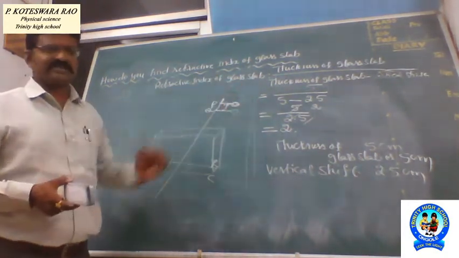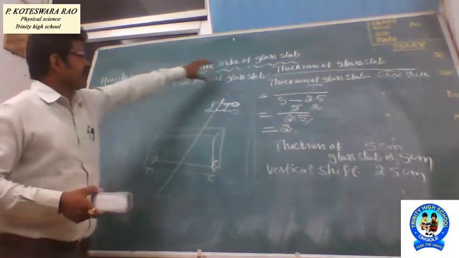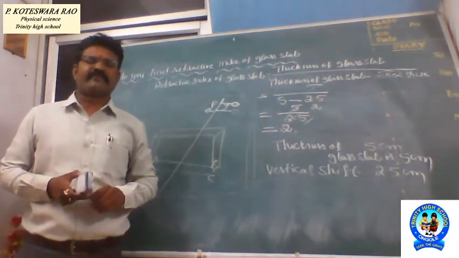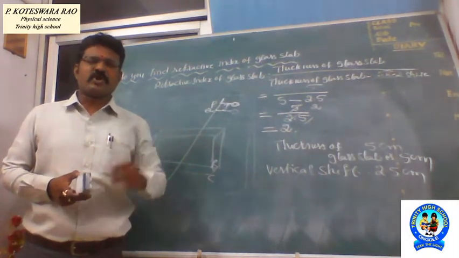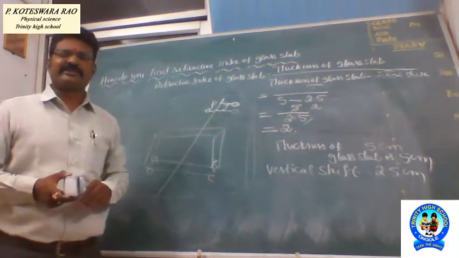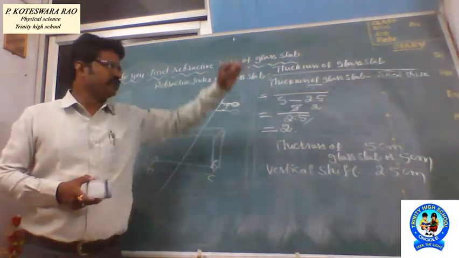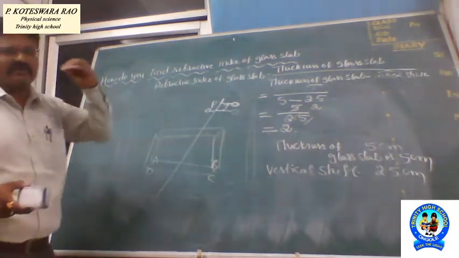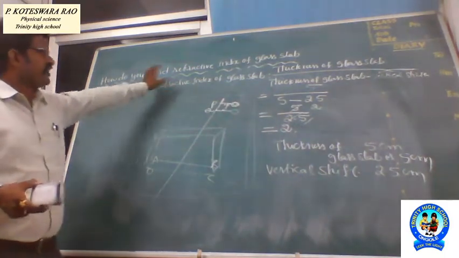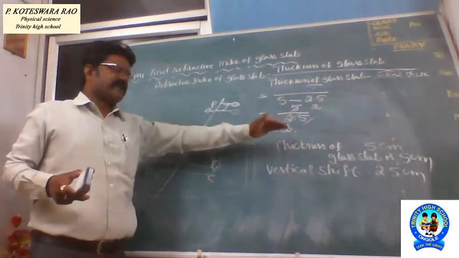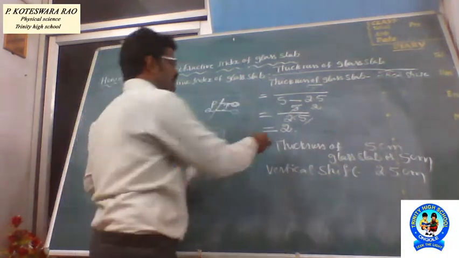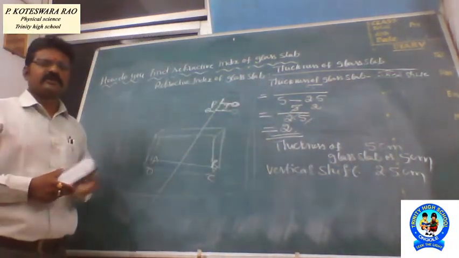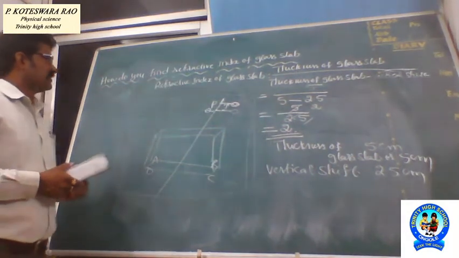So with the help of that, we can find the refractive index of the glass slab. We already told what the units for refractive index are. There are no units because it is a dimensionless quantity. The units cancel each other. That's why refractive index has no units. So here also, the refractive index of the glass slab has no units. But what about this value? We already got 2. So this is also a very important concept.